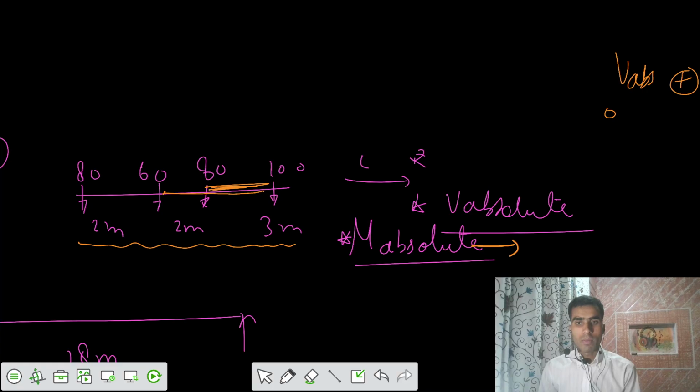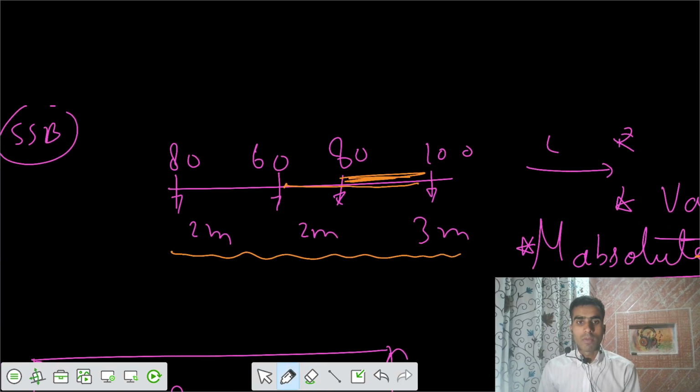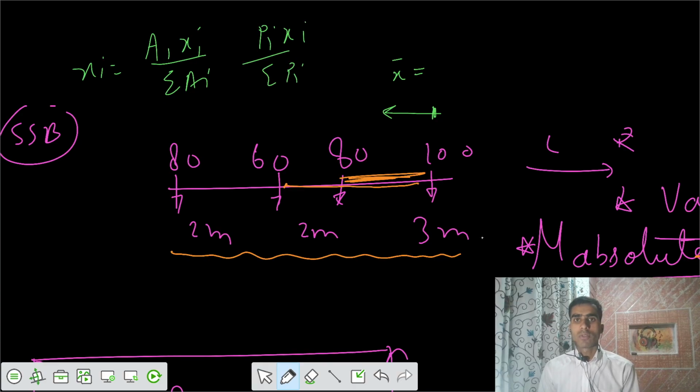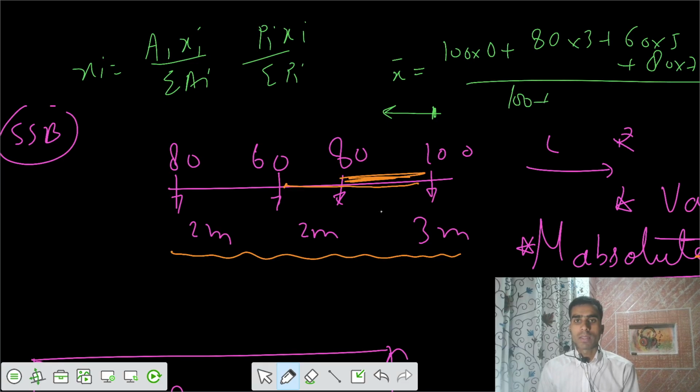Let's say we calculate from this side, from the right side. I would go for the X bar, that is A1 Y1 by summation of A, similarly this one would be P_i X_i divided by summation of P_i. So I would write 100 into 0 plus 80 into 3 plus 60 into 5 plus 80 into 7, divided by total loads: 100 plus 80 plus 60 plus 80. So you would get a value of X bar equals